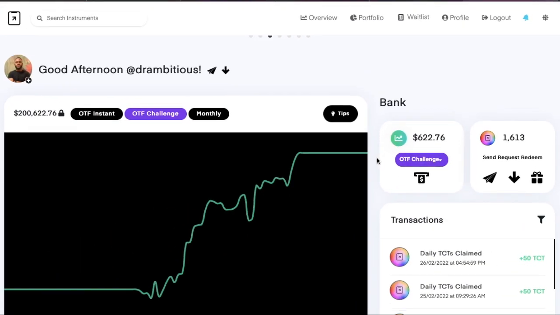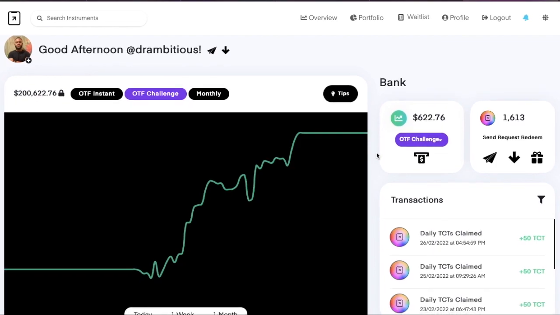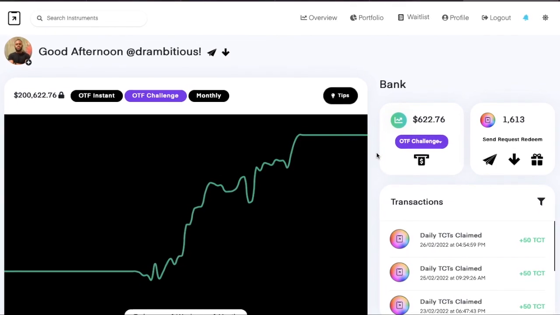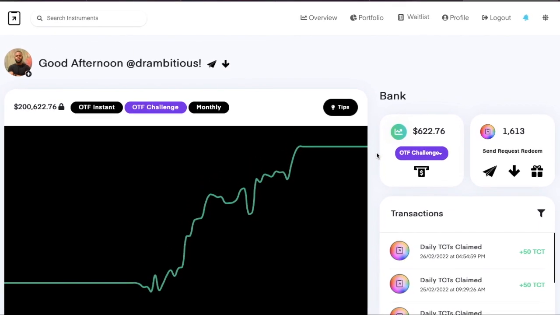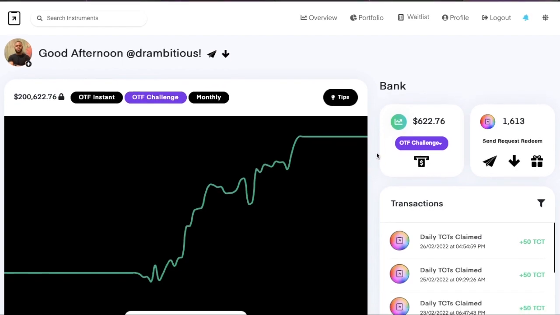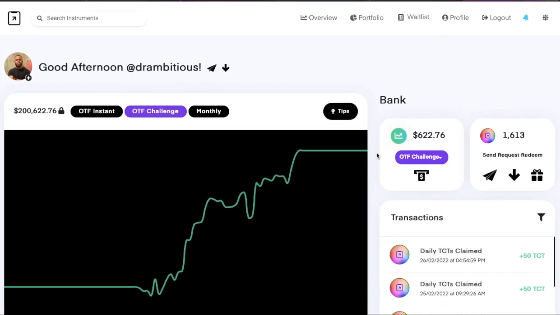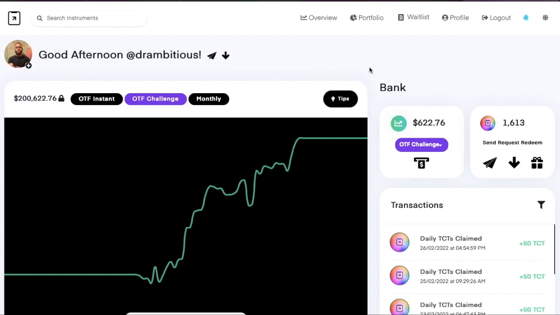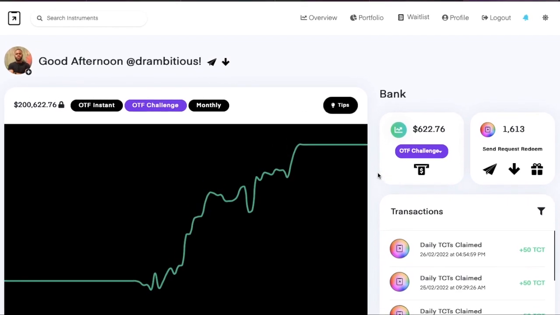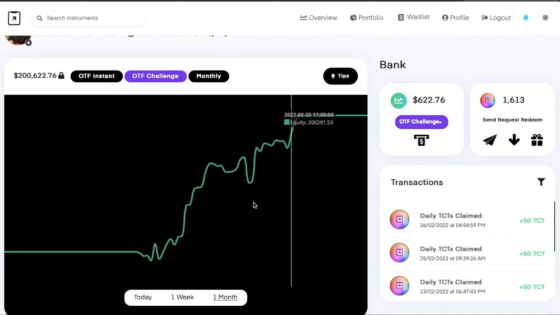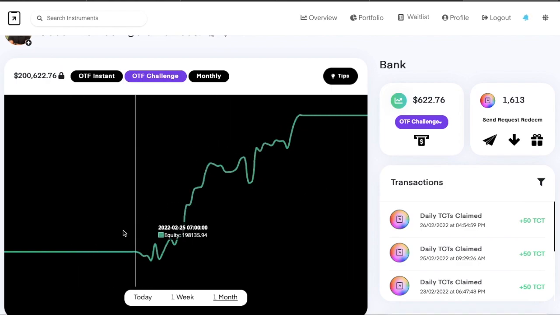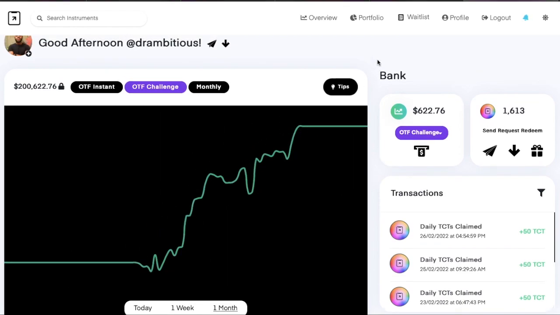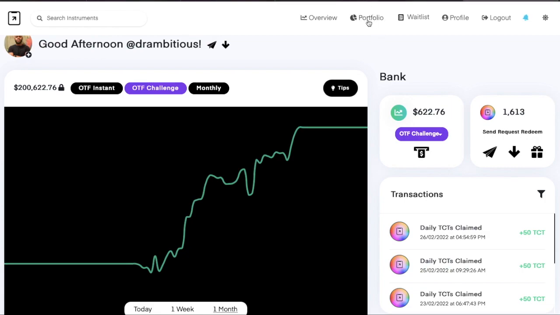And this is going to be my first payout for the 28th of February. Hopefully my next payout I can make more money, so they can actually pay out a bigger amount of money to traders. So just to show you guys a step-by-step process, this is my overview page. As you can see, this is the curve of my trading results. And if I head over to the portfolio page,